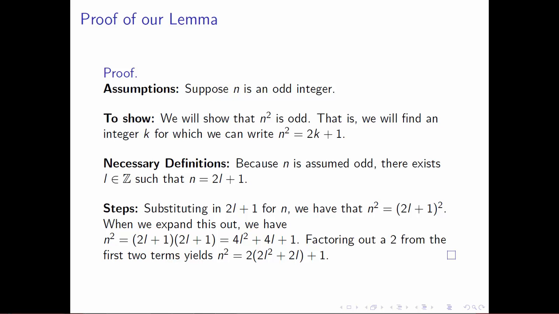So n squared should be equal to, by substitution, (2l plus 1) squared. So my first step is to square n and to substitute in 2l plus 1 for n. And my next step then is when I have something squared,